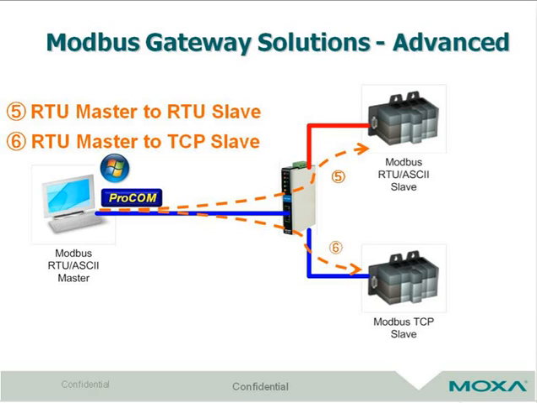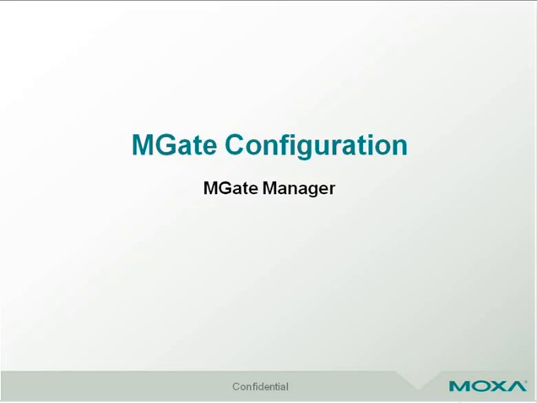It provides two more solutions. Solution 5 is an RTU master connecting to a Modbus RTU slave through PROCOM on Ethernet. Solution 6 is the RTU master communicating to a TCP slave on Ethernet directly. After introducing IEG solutions, I believe you are already excited about them and strongly wish to learn the way